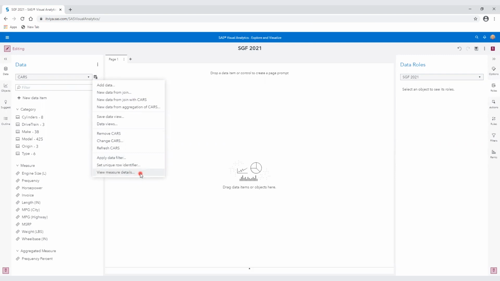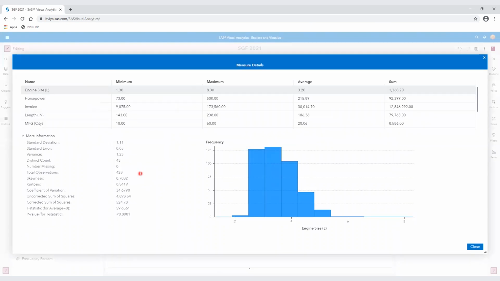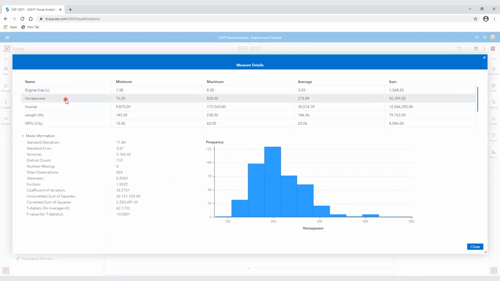Okay, that applies to the handful of measures that we see to the left side there, and gives us instant statistics for those measures, each one of them here. Engine size, horsepower, let's look at horsepower here. Minimum of 73, maximum of 500.